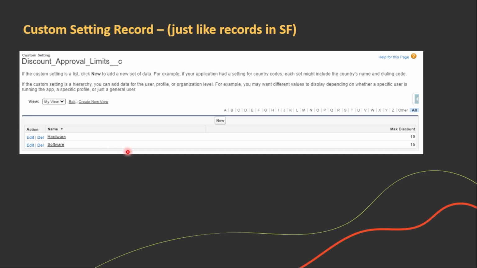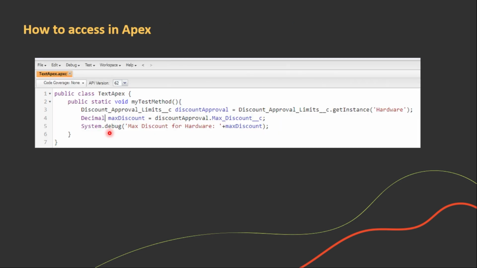Then the next question for you is how we are going to access this data in our logic. Let's say we are building an Apex class where we want to fetch this data. How can we fetch that? Just like a custom object, we'll use the definition API name of it, declare it, and use the getInstance method to fetch the value of the custom setting record.